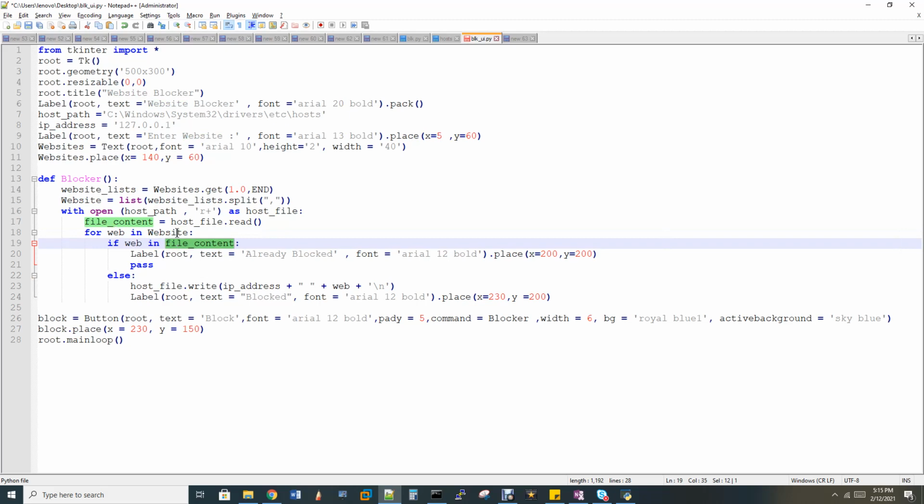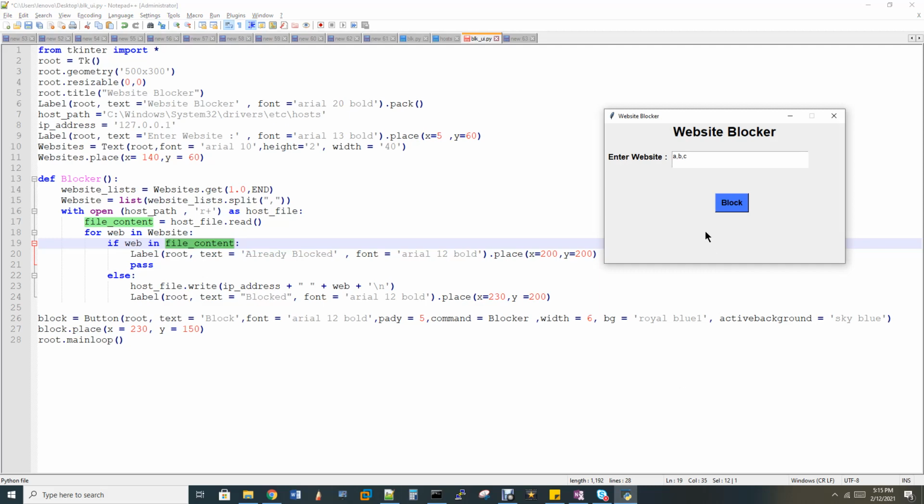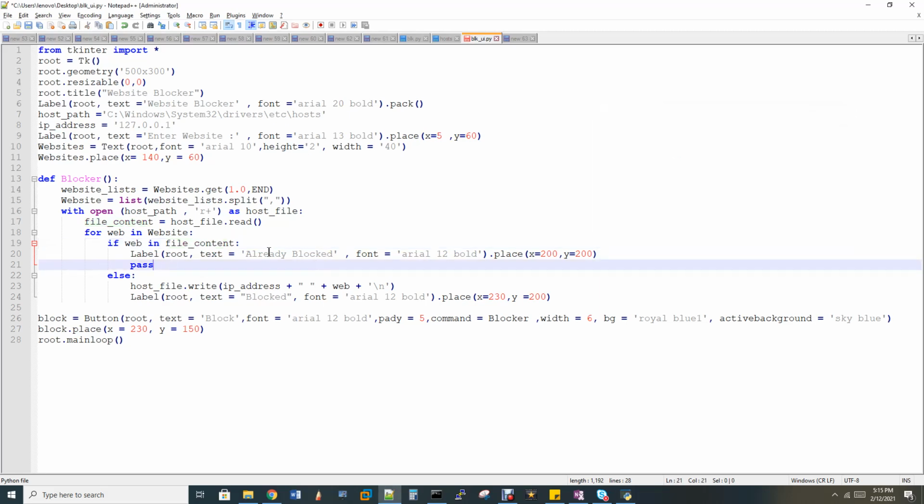whatever website I have given in the text box, imagine I'm giving youtube.com, but youtube.com is already blocked in the host file. That means it has to come to this condition saying that it's already blocked, and then it has to pass, that means it has to come out. So if youtube.com is not already there in the host file, then it will call host file dot write IP